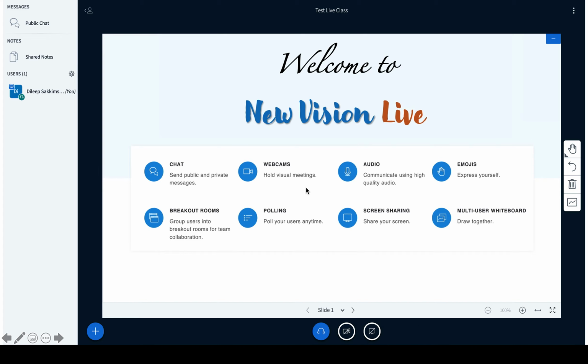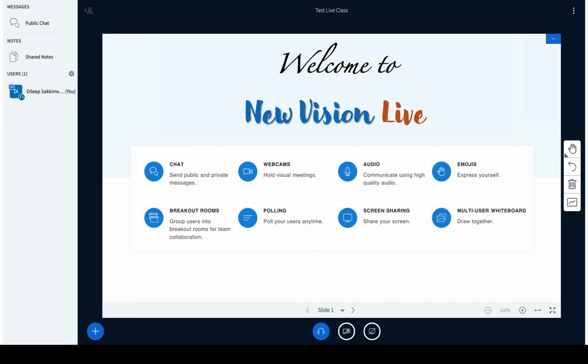This is the public area where whatever content you display to the students, whatever video you play for the students, whatever live, if you turn on the camera from the teacher side and want to show it to the students, this is where it displays, and all the users' videos will be seen on top of this white screen or whiteboard. I will show you that in the next session. So this is how it looks.